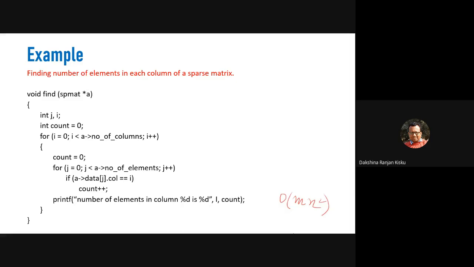And whenever we see that a data j dot column is found to be equal to i, then only the count will be increased.